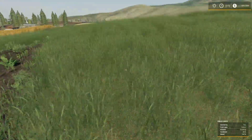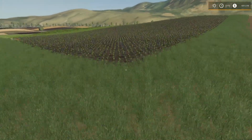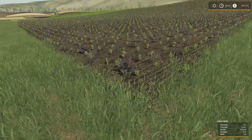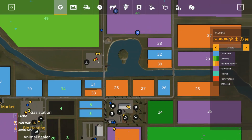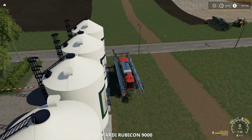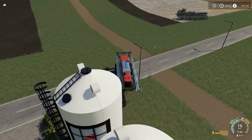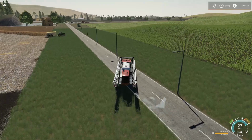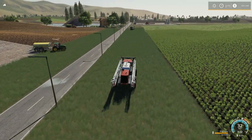So I could actually bring my herbicide and fertilizer sprayer over here. Very important to get these cotton fields turned over. Not turned over, but well taken care of, just because, well, the cash in itself. So let me go ahead and get these sprayers up and going. They are full and ready to go. And so I'm going to get these guys up and going, like I said, and then I'll bring you back, and hopefully I'll have the forage harvester going, and we'll be in a truck and trailer